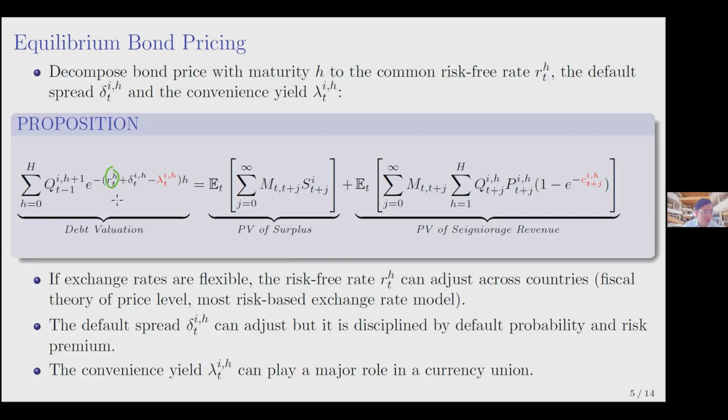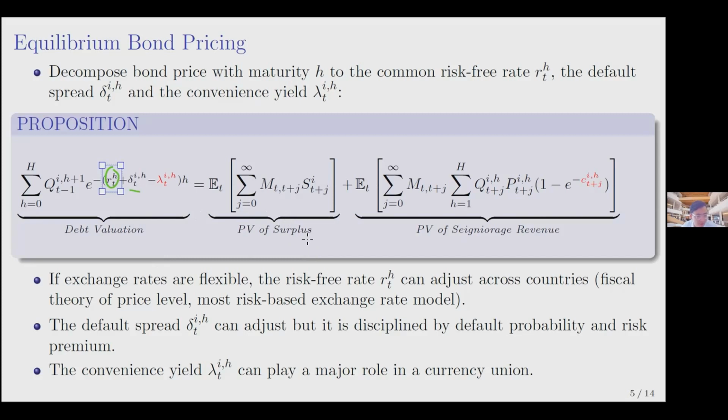However, since we are now examining a currency union, this risk-free rate should be the same across all the countries in the union. So there cannot be additional variation across countries driven by this part when different countries have different surplus or different amounts of seigniorage revenue. The second term in bond valuation is the default spread, which could adjust, and I think it should adjust when